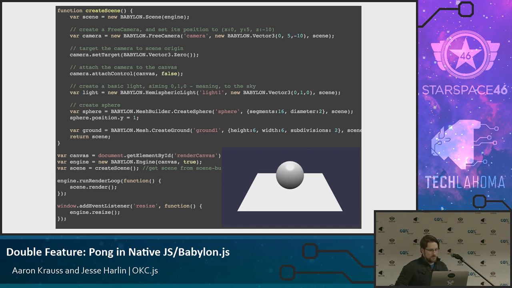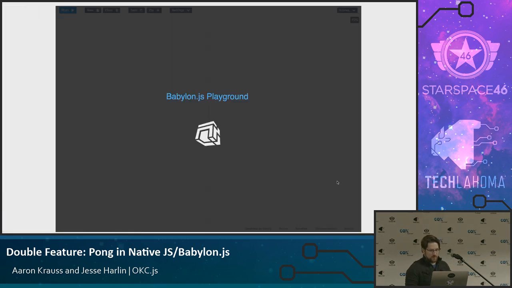You're going to go get the canvas, and you're basically going to say, okay, I'm going to turn on the Babylon engine, and then I'm going to run my render loop, and it's going to handle all the drawing and stuff for you. That makes a that. So that's cool. And if you want to see kind of a working example,